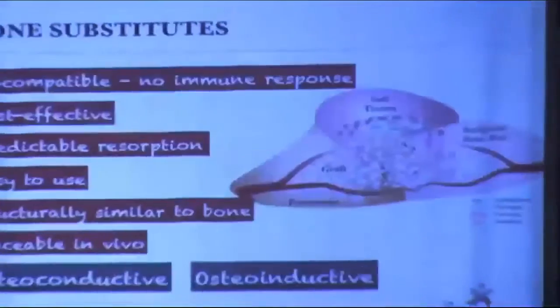Bone grafts generally work on these three principles. Osteogenesis, that means you put in something that synthesizes new bone directly. Osteoinduction, that means you put in something that brings local host stem cells into the picture and they start making bone. And osteoconduction, that means you put in something that only gives a framework or a structure.